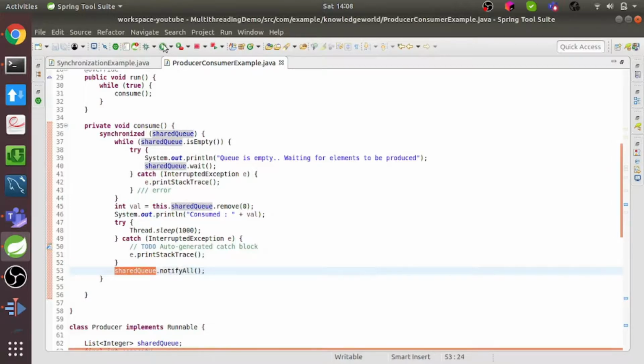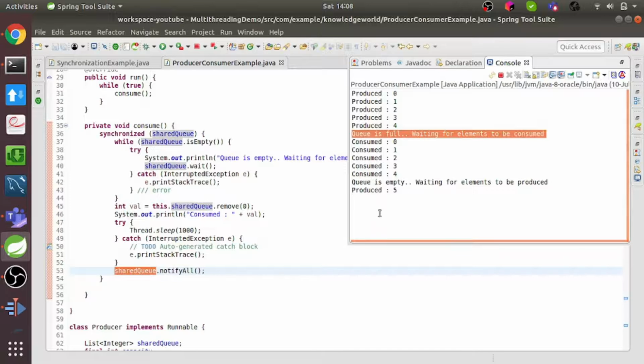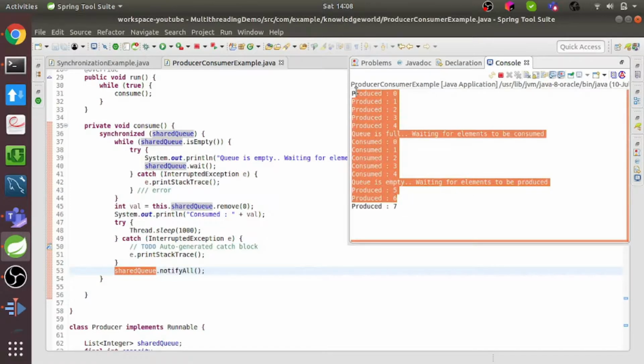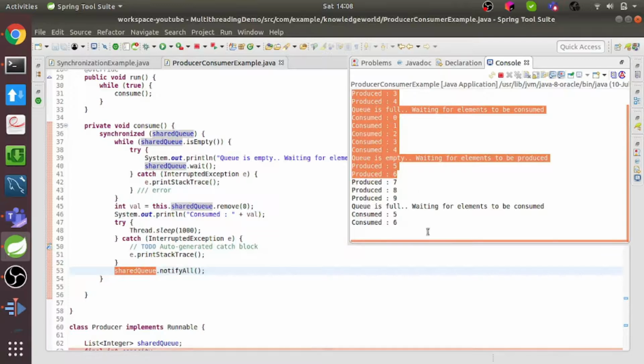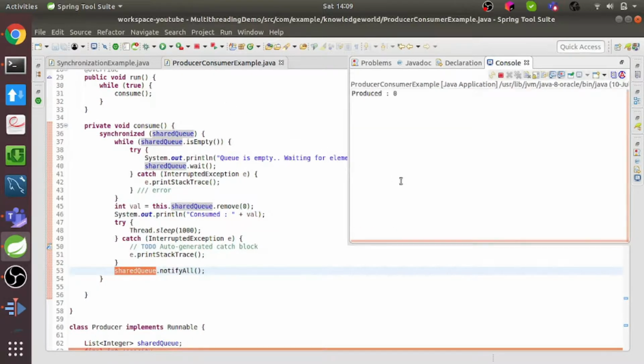Okay, if we now run it, this will work fine. So now the queue is full and elements start consuming. One more thing to note here is that the order is unknown. I mean, you cannot predict that every time it would be the same or come in this order or that order, because it totally depends on the scheduler, right?